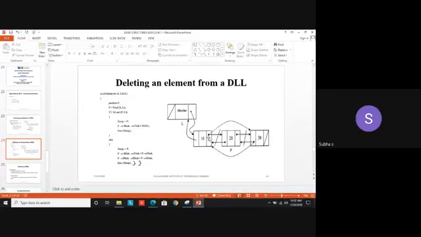Now check: the forward link of 10 is pointing to whom? 20 initially. The forward link of 20 is pointing to 30. Similarly, 30 backward link pointing to 20, 20 backward link pointing to 10. Now, if I remove 20, by looking at the diagram itself, you can easily understand. By removing 20, the forward link of 10 should point to whom?